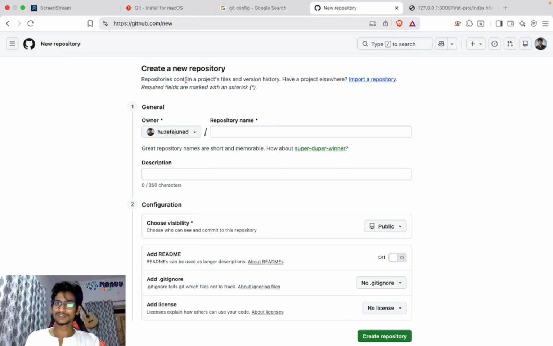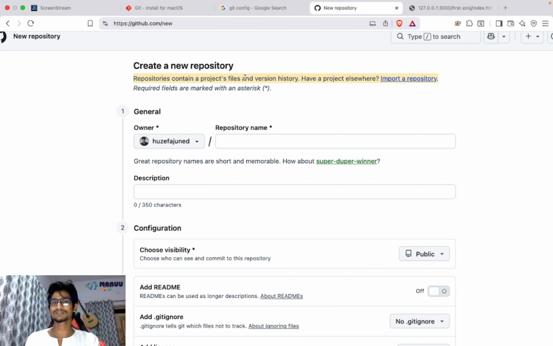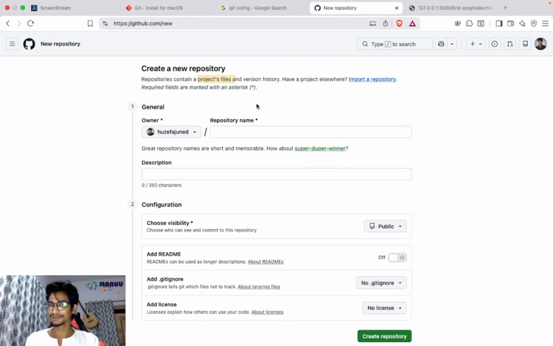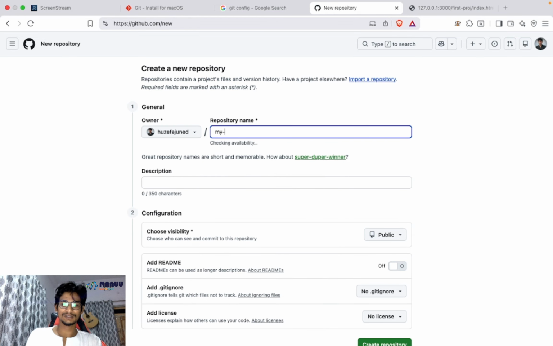Okay. So once you click on create a new repository, what? A repository contains a project's files, version history, everything I've taught you. We use files like Drive and photos. Simple. So let's suppose I use my